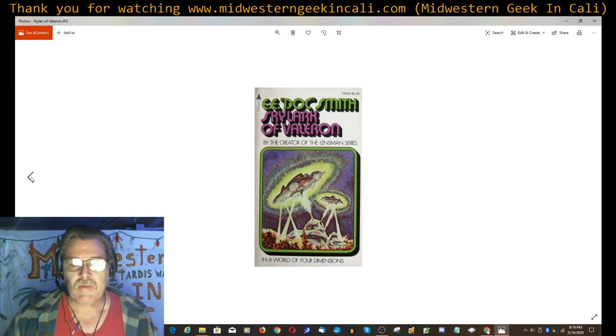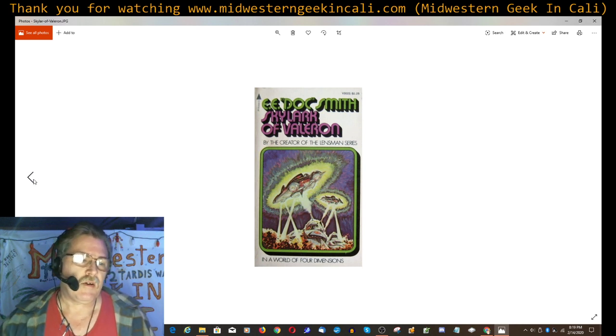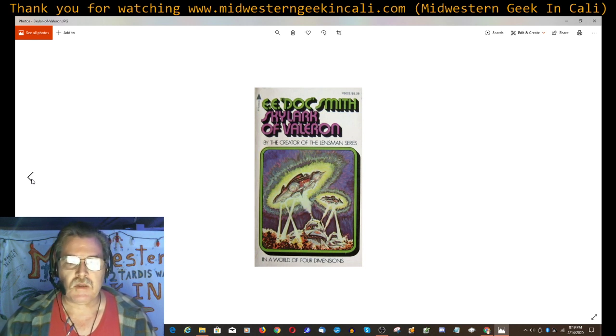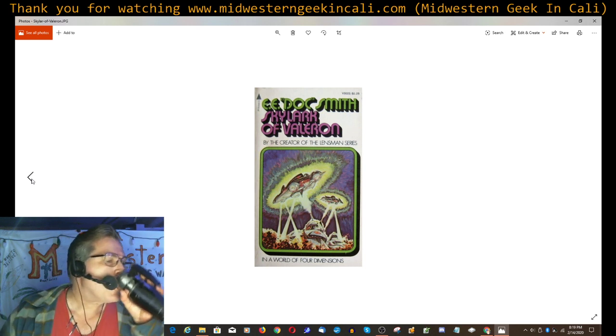This doesn't have the comedic and kind of goofy element that you got with Flash Gordon, especially the one from the late 70s, early 80s. That was kind of a little bit of a parody of Flash Gordon, but this definitely has that space opera kind of fun adventure thing going for it. So it's definitely worth a read. And I don't know if these are still in print, so you probably would have to find these in a used book somewhere.